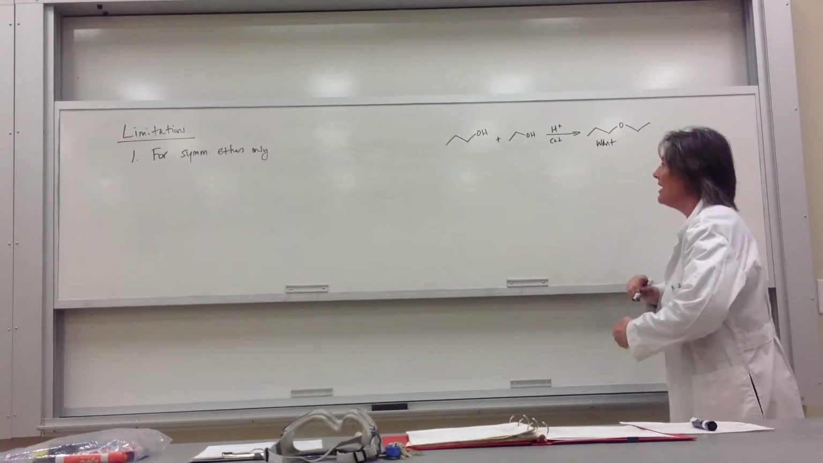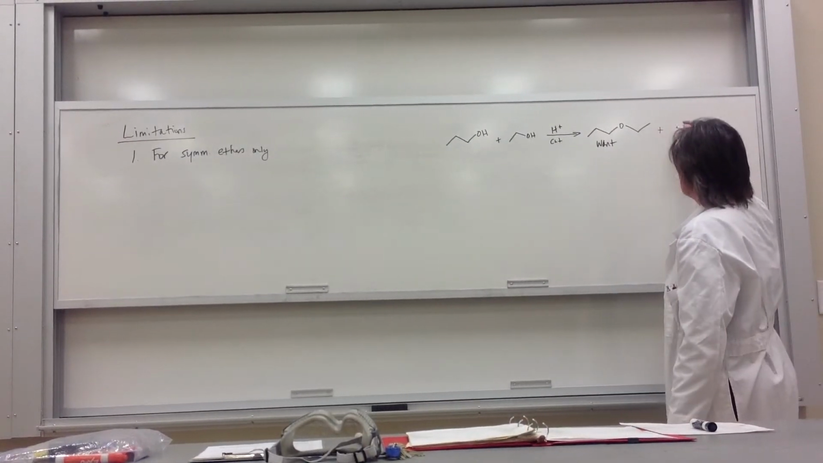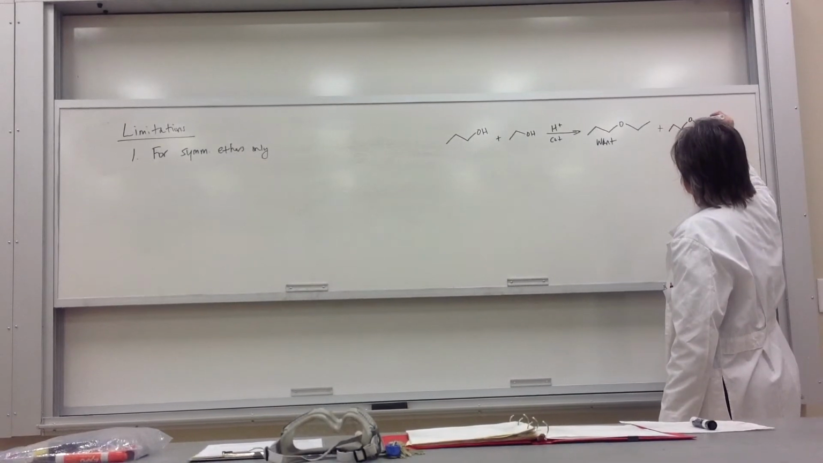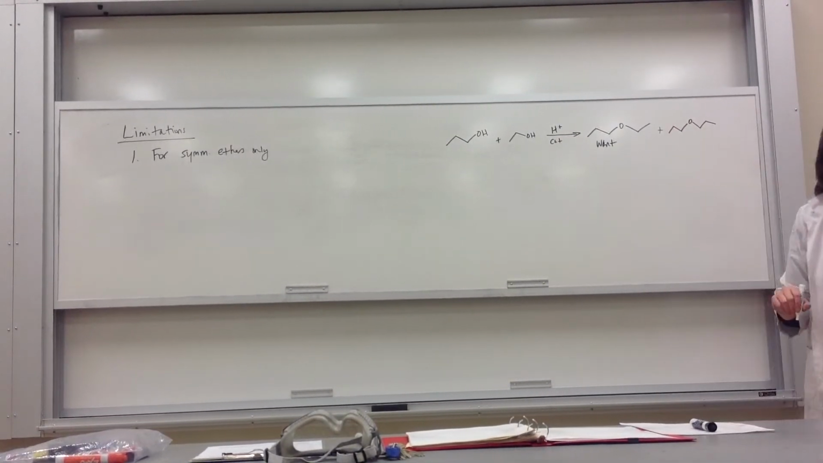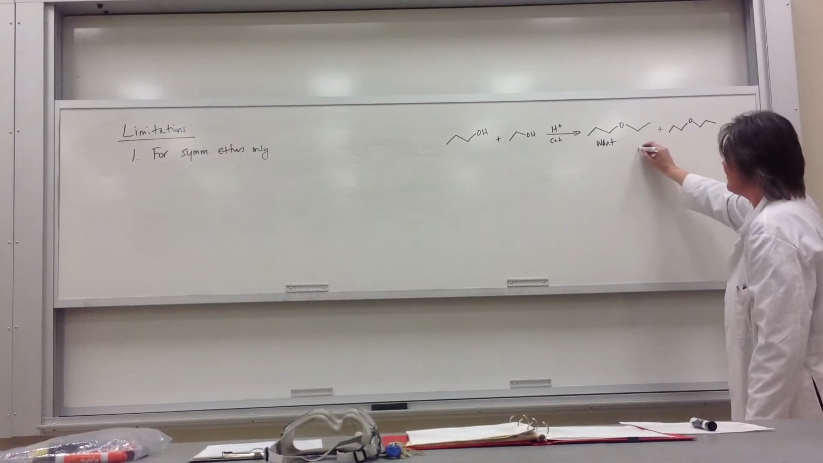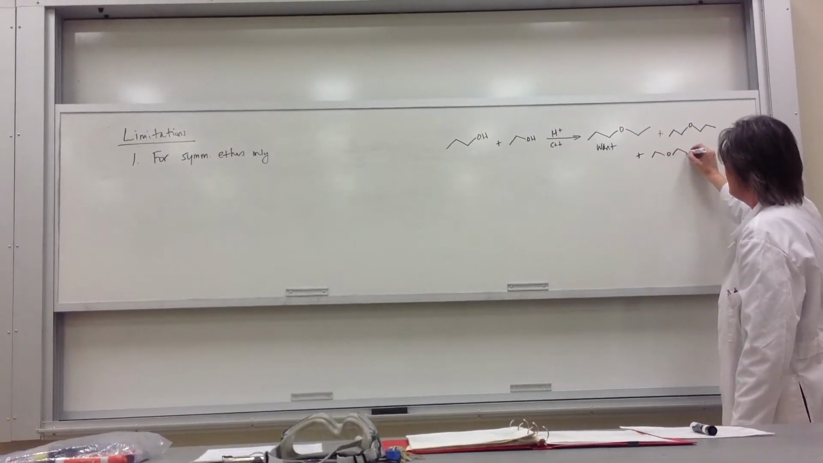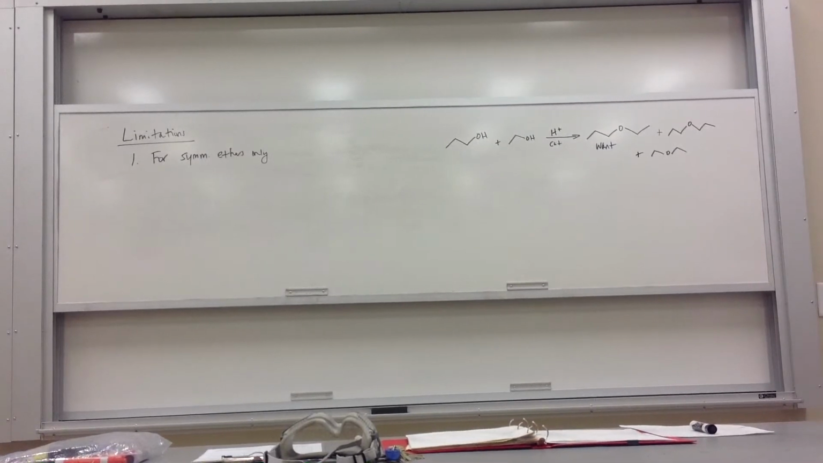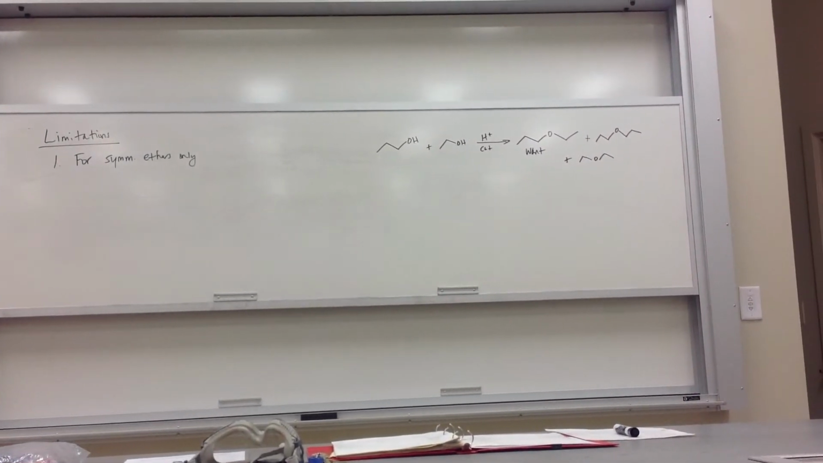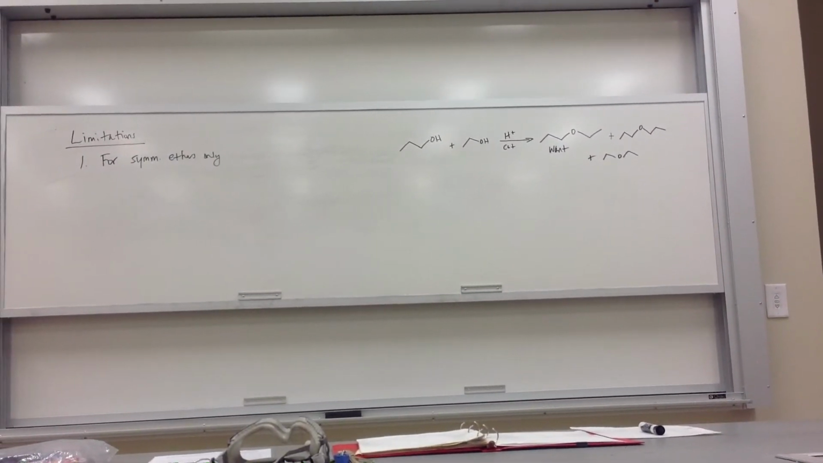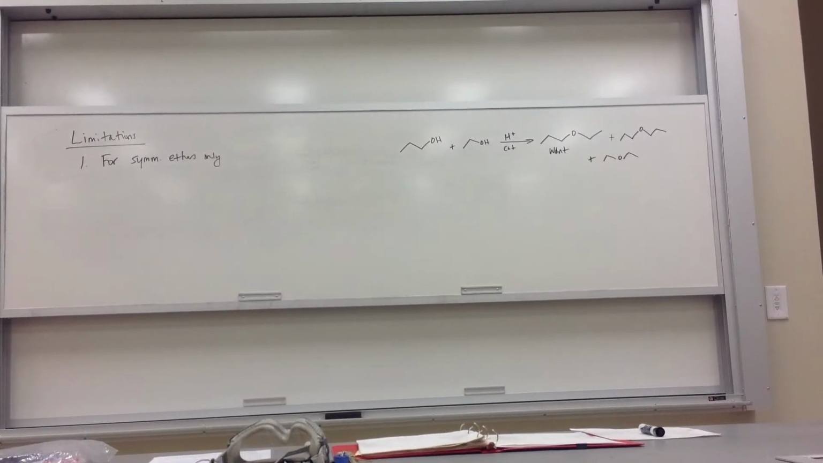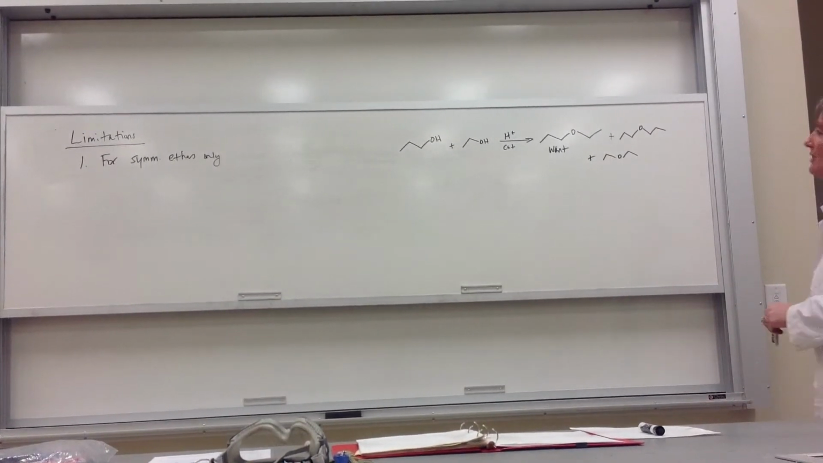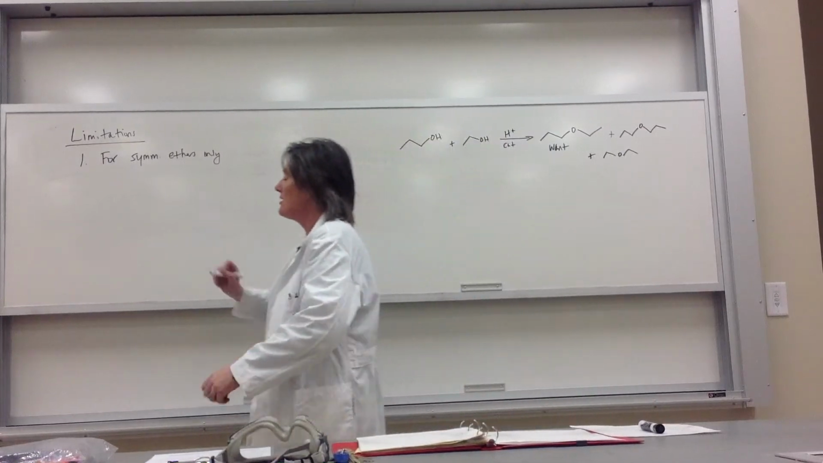But I could protonate propanol and propanol could attack. So I'm going to get this. And I could have the ethanol attacking itself. I can get that. So what you end up with, if you try to have the two halves different, you end up with mixtures that then you have to separate. So it's not very efficient. There are better ways. All right? Now the second